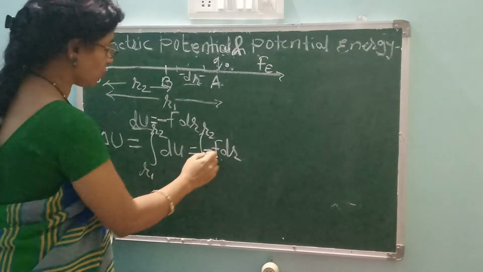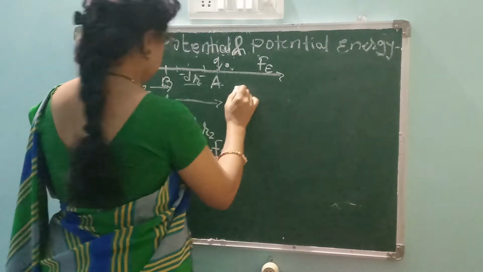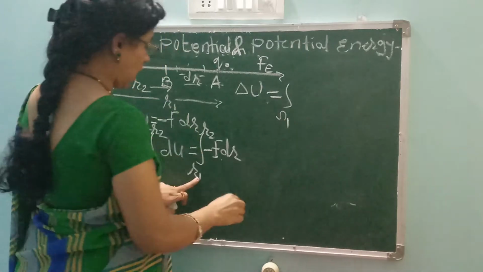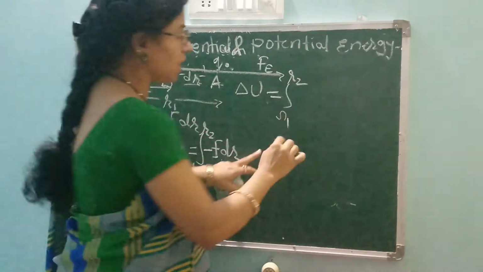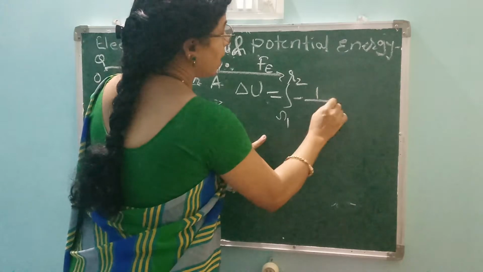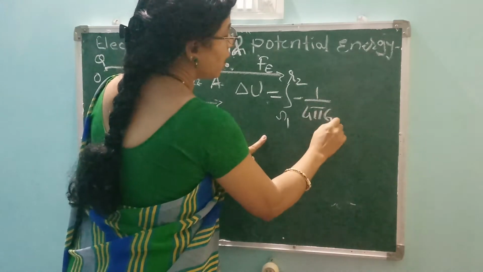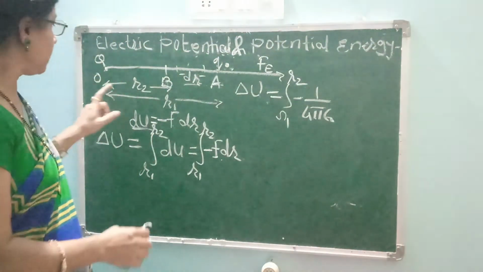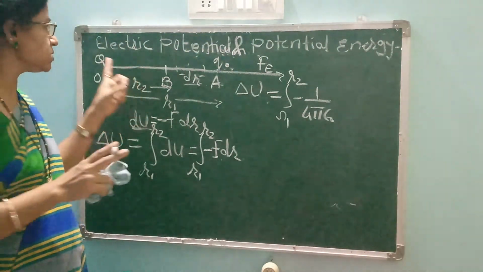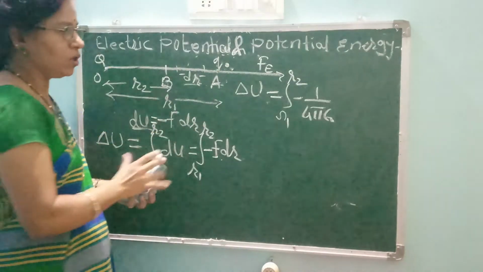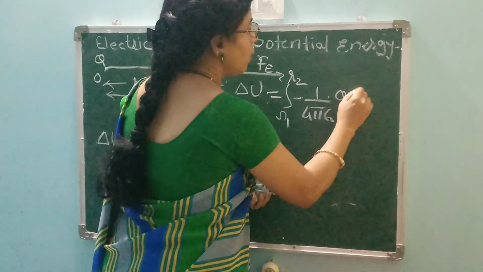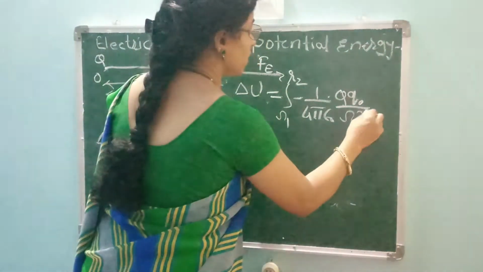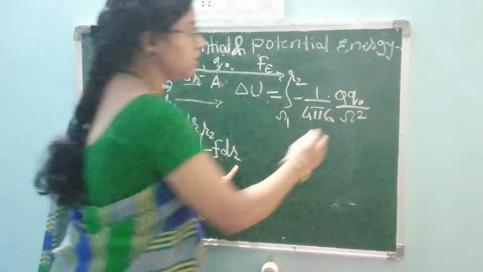तो हमको मिल गया है फोर्स. Now we will take here del u, it is the integration r1 to r2 of F, जो निकाले थे हमने, कितना निकाले थे, -1 upon 4 pi epsilon 0. Now in this case we have seen q1 q2, but here it is applicable for the two charges, that is q and q0. So we will write down q and q0, and the distance r square, and next we have dr.